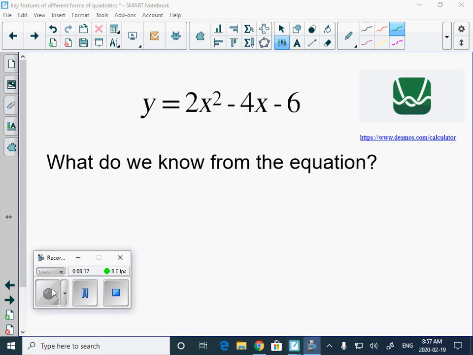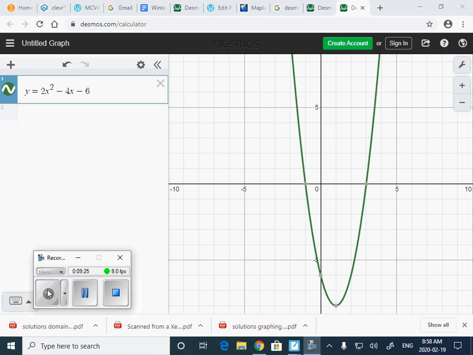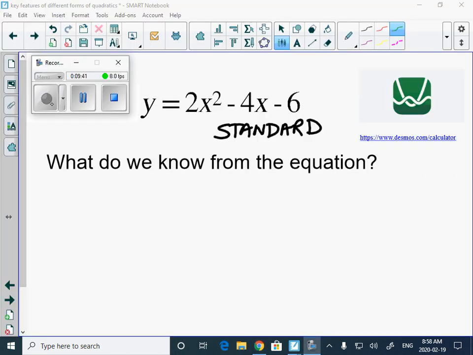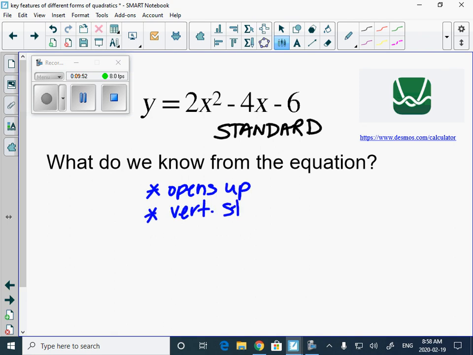The last function that we're going to look at today is in standard form. And we'll take a look for a moment at Desmos. So this is a shock, but it is the very same parabola that we've been looking at in the other two. It has the same key features. We're going to list what we can see obviously from the equation and determine what we can find. So from this equation in standard form, we can see that it opens up, that it has a vertical stretch factor 2,